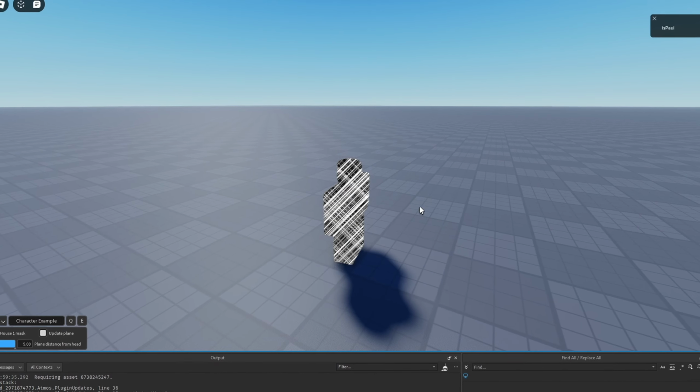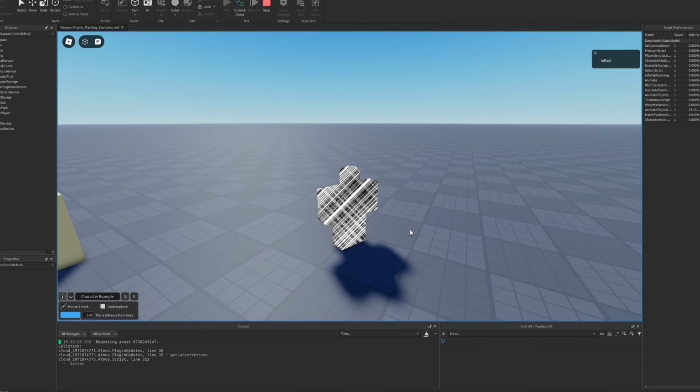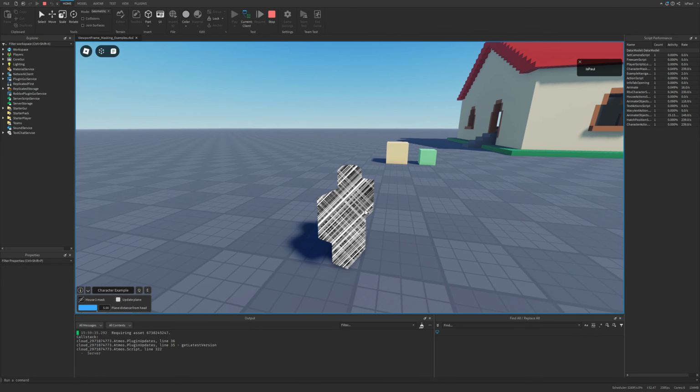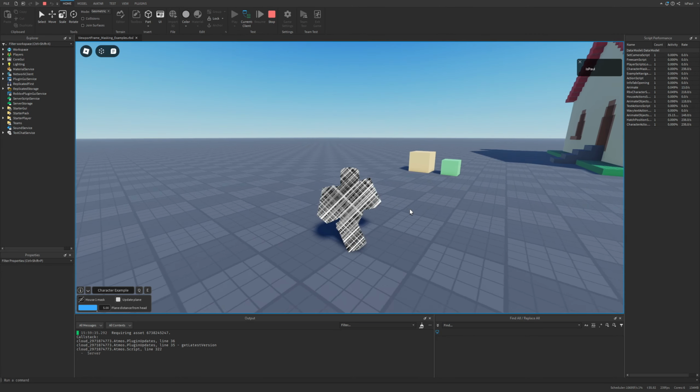So there is this really neat trick that you can do with Roblox's viewport frames, and it's the fact that you can kind of add a masking layer to them, and if you don't know what it means then don't